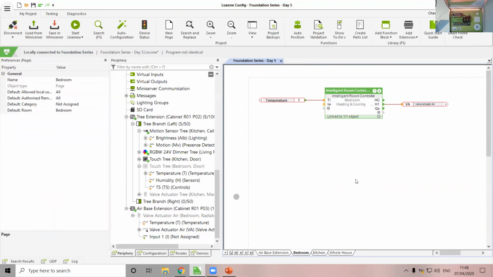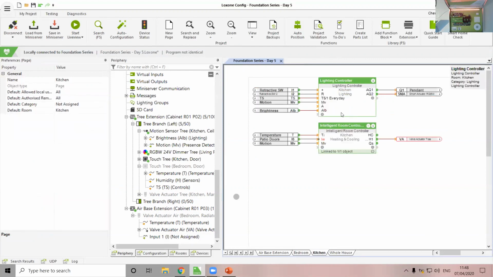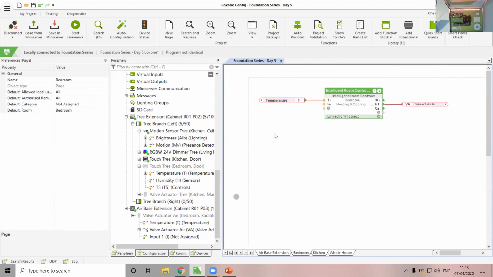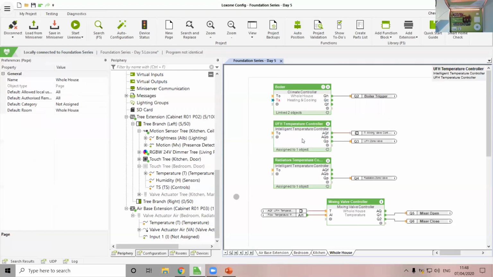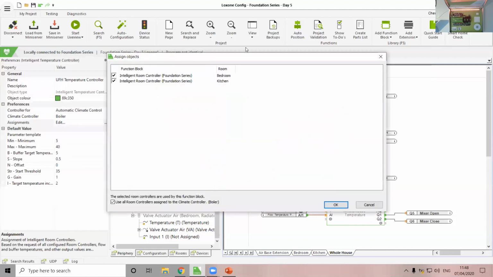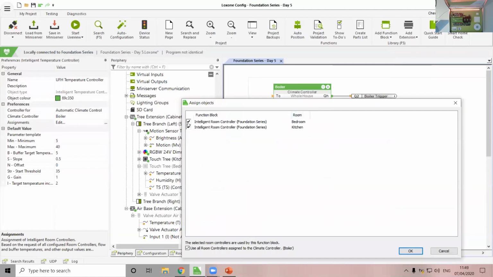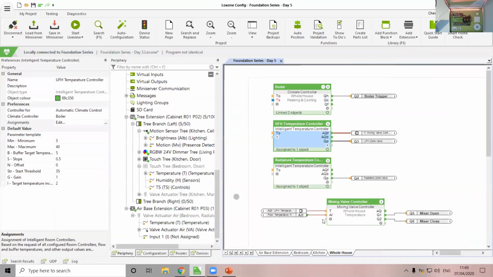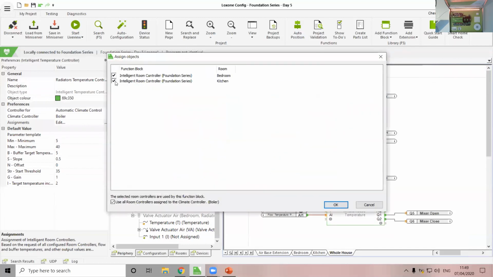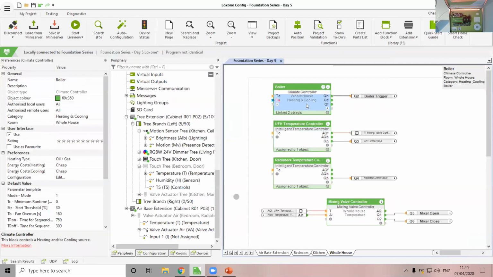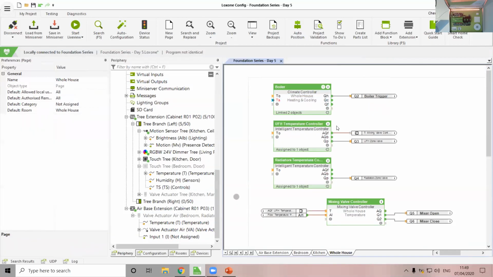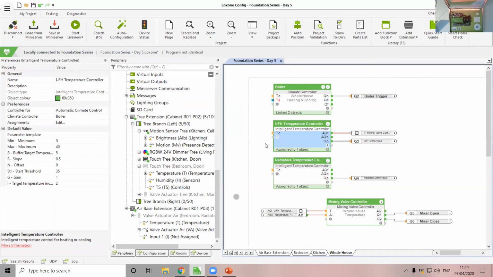And so now I have a room controller in the bedroom, and a room controller in the kitchen. So one underfloor, one radiators. And back over to the whole house. In the temperature controller I've called underfloor heating, I am only going to link the rooms that are on the underfloor manifold. In the temperature controller for the radiators, I'm only going to link the room controller that's on the radiators. And so this way, both of the rooms are linked to the climate controller, but only the room for the underfloor is linked to the underfloor temperature controller,